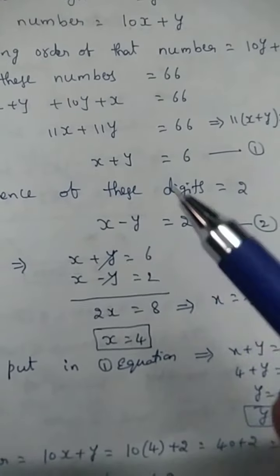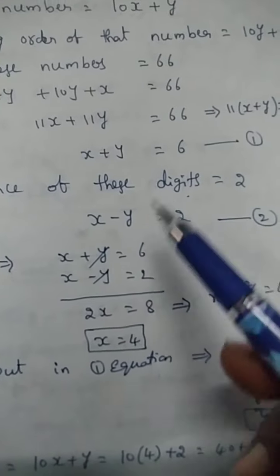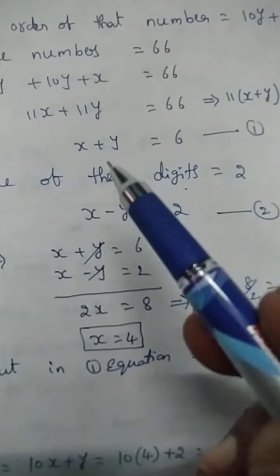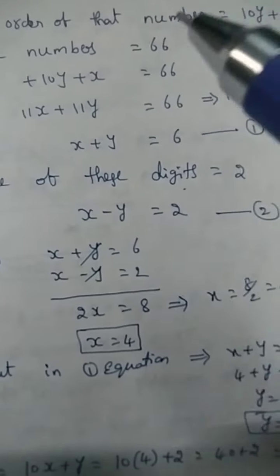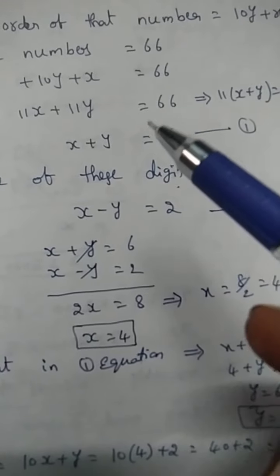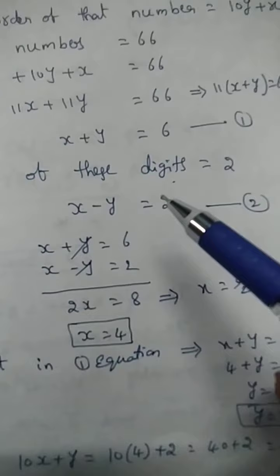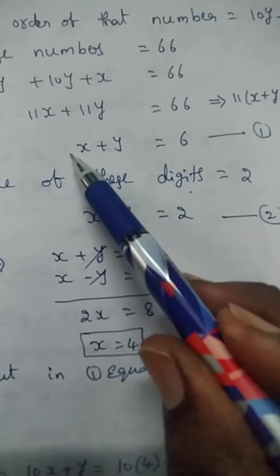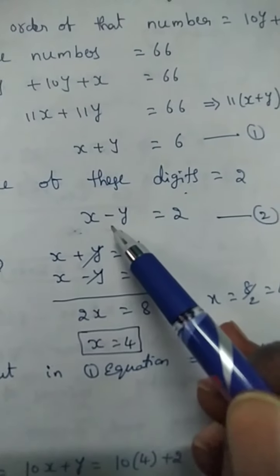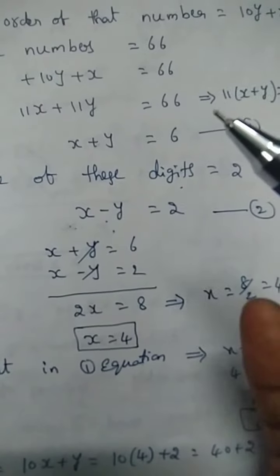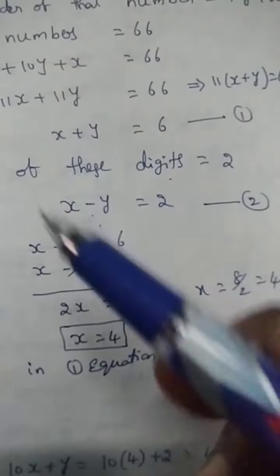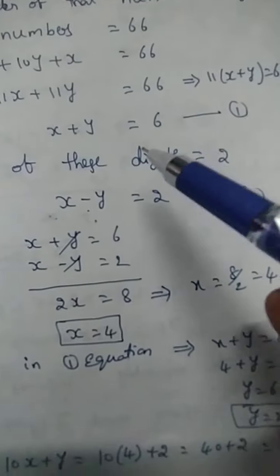In the elimination method, we can eliminate one of the variables from the two equations. How can you eliminate one of the variables? The coefficients of the variable must be the same or additive inverses. If the coefficients are the same, we subtract the two equations. If they are additive inverses, we add them. Here the x coefficients are 1 and 1, which are the same. The y coefficients are 1 and minus 1, which are additive inverses. So we can either add or subtract, no problem, because both conditions are satisfied in this problem.